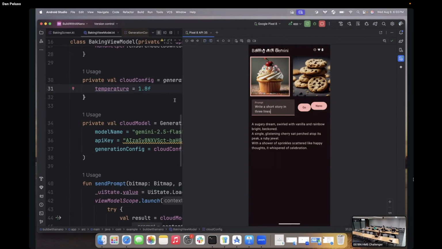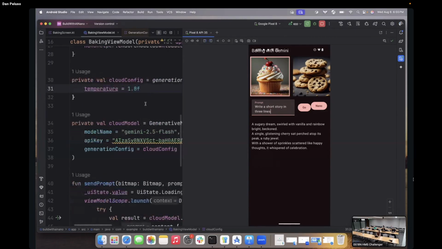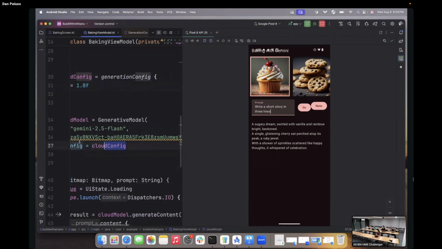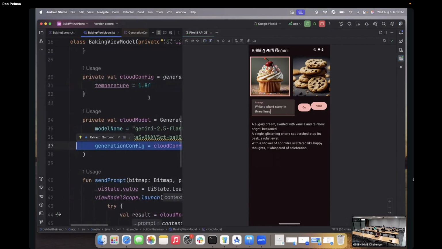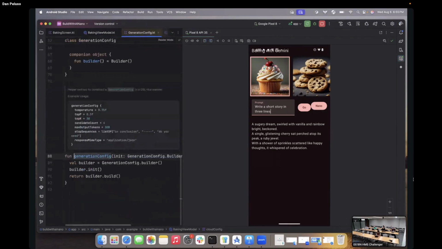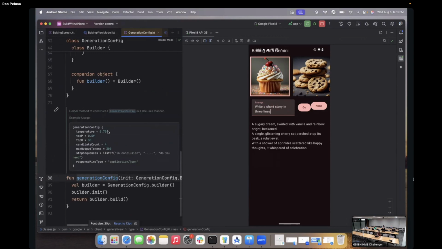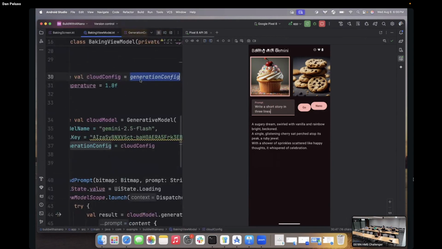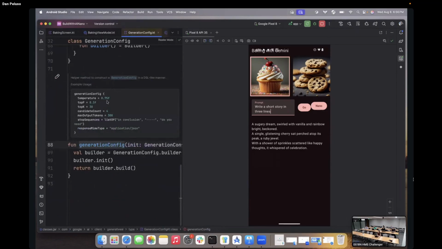Now, to answer your question, if we do not set any temperature, so by default, let's see, if I do not provide a config, yeah, the default value for temperature is 0.75. So I guess they're trying to balance. If you take a look at the source code, if you do a command B on generation config, yeah, the default value is 0.75. And then there are other